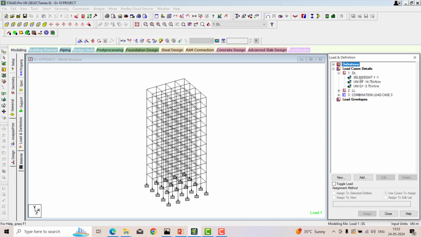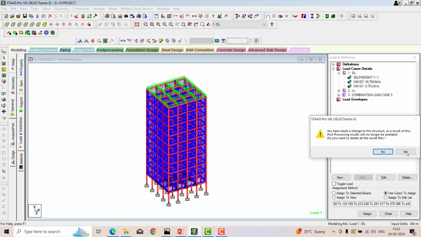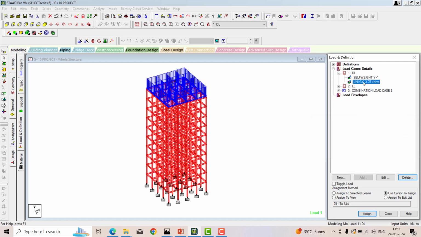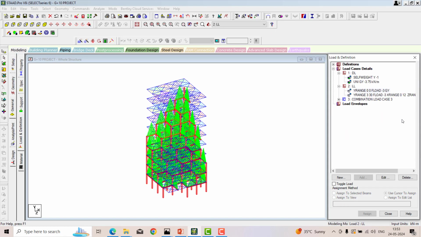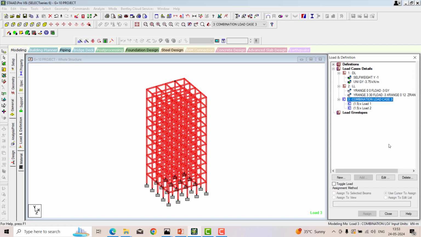Under the load cases we applied the dead load. I am just deleting the unwanted loads, or else if you want to keep them you can. Here I just applied the wall load. And then the live load, we applied as minus 3 kilonewton. And then I just delete this combination load because now I am going to add the wind pressure.